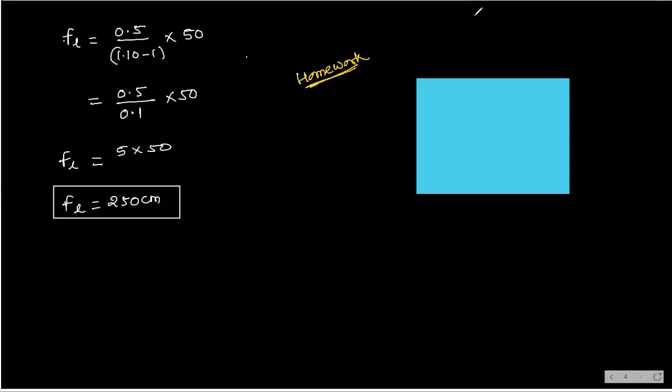Let me see how many of you can solve this question. Here R1 is equal to 20 centimeter, R2 is equal to 30 centimeter, and this is mu of water, that is 4 by 3. Here also mu of water is 4 by 3, and this is mu of glass, that is 3 by 2. So you have to find out FL when it is immersed in the water. When it is immersed in the water, you have to find the focal length.